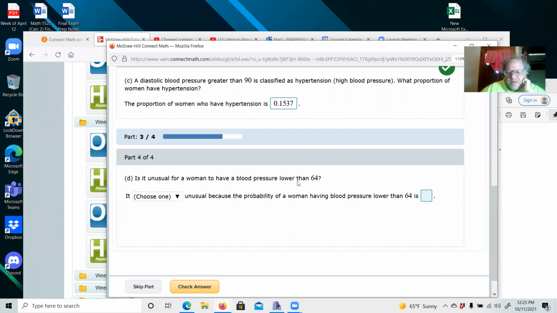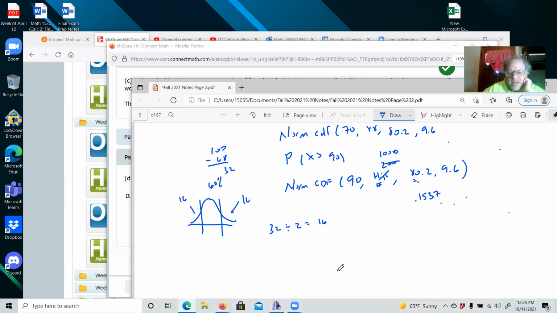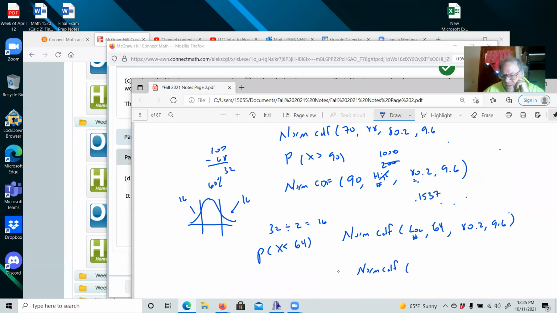Is it unusual to have a blood pressure lower than 64? Okay, so what's the probability that we have less than a 64 blood pressure? So norm CDF, right? We need a low number. Our high number is 64. So we go from negative infinity up to 64, with mean 80.2 and standard deviation 9.6. I think a blood pressure of 0 is pretty low. Why don't we go with 0? So we're going to say norm CDF 0,